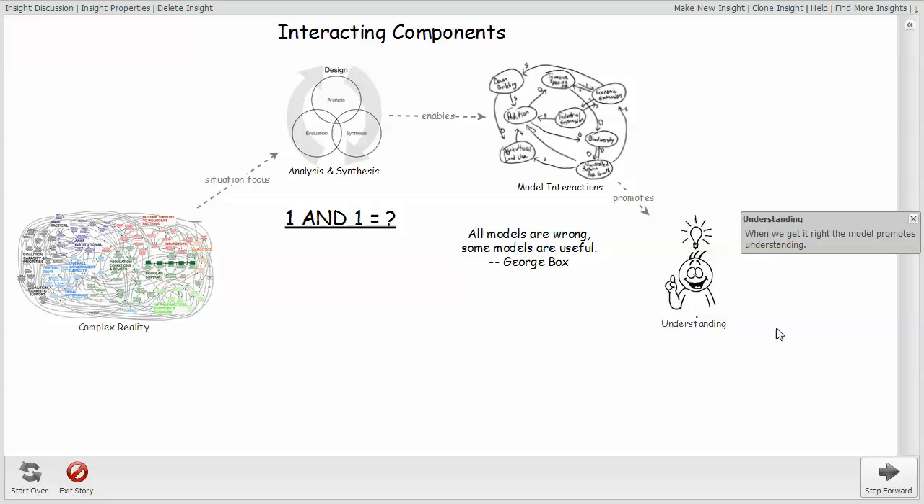And as I talk about developing models, you'll see that it's an iterative process of evolving understanding as we endeavor to develop that model which promotes the appropriate level of understanding so that we can deal with the